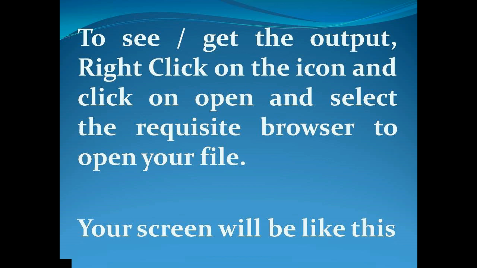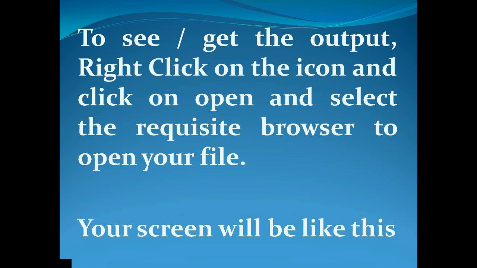Now we want to see the output. We want to get the result. For that, what do we have to do? We have to just right click on the icon. In my case, it is present on the desktop. You have to right click on that icon and click on open.